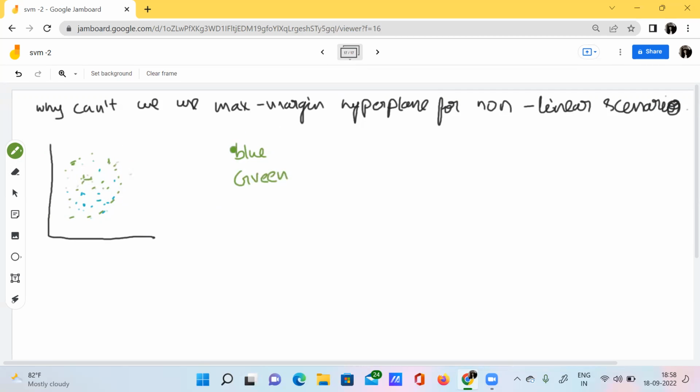But here, both the data points have been mixed. So can we use the maximal margin hyperplane here? No. Why? Because a hyperplane is a linear kind of thing, right? When we apply this linear hyperplane here, is it dividing the data correctly? No. Is it classifying the data points correctly? No. Why? Because the data have been mixed. So we can't even apply the maximal margin hyperplane here.